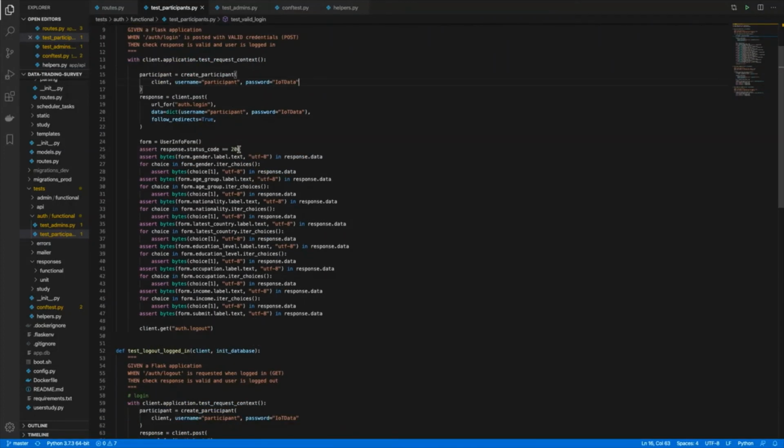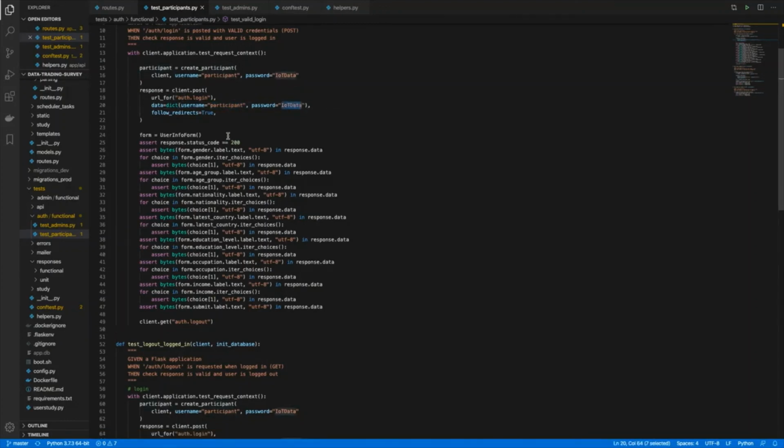And so here you can see the participant being created, and this client.post basically submits the form data for a login form with the created participant's information, the username and their password.